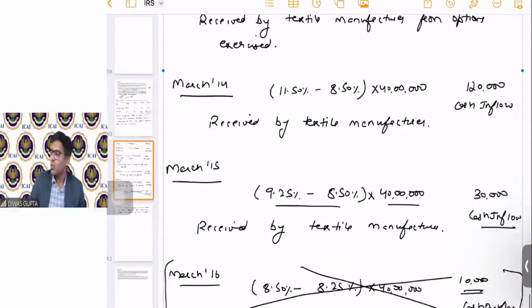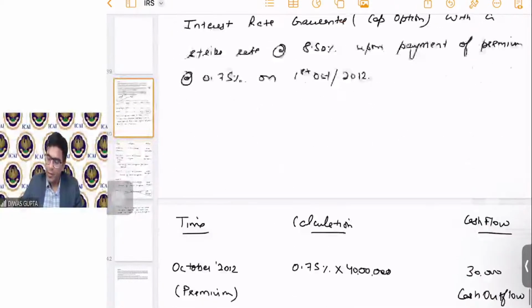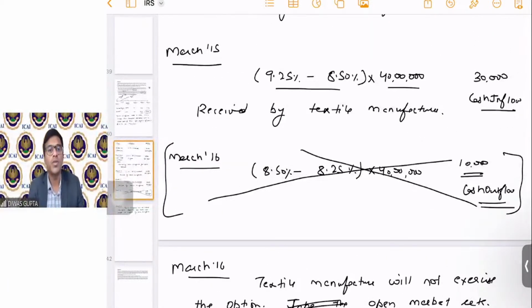I hope this question is clear, students. Question number 8. The calculation and the logic is clear. So, students, what I just wanted to convey is that the questions on interest rate swap give you some indication. Now you have to identify through that indication what is the right instrument, what is the problem the person is facing first, where the hedging lies, and what is the exact instrument. Once it is identified, the question follows a very sequential step to solve. Okay, let's move to question number 9.